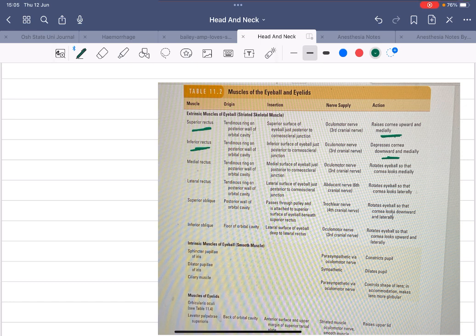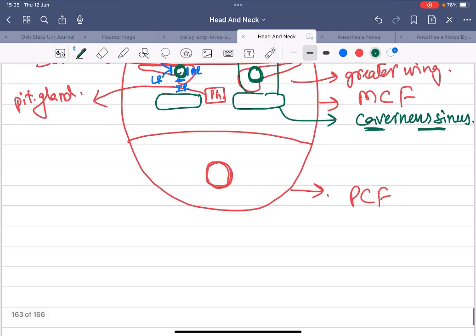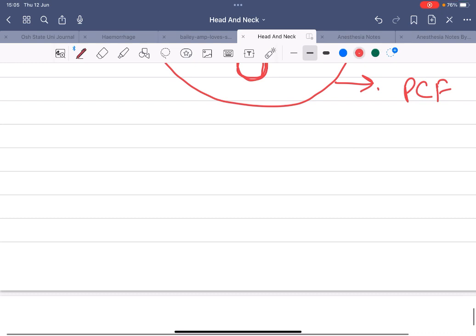Okay. So if I draw here the eye. Okay. So if this is the eyeball, this is the superior rectus, inferior rectus, this is the medial rectus,